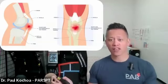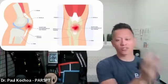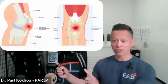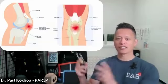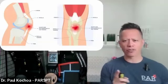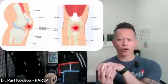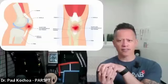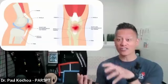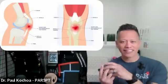But that's only for 72 hours. After 72 hours, if the pain persists, like when you go back onto the court the next time and you still have knee issues, we call that patella tendinosis. And what does that mean? That means that the fibers of that tendon, instead of being parallel to each other and organized, which allows the tension from the quad muscle to be transmitted effectively into the knee and into the shin bone,